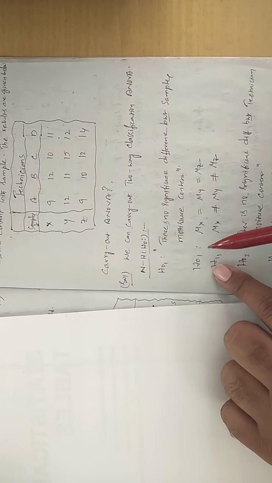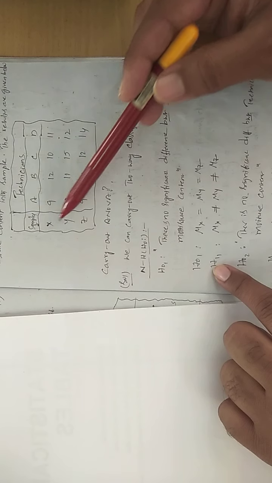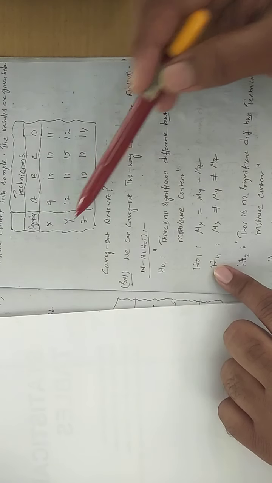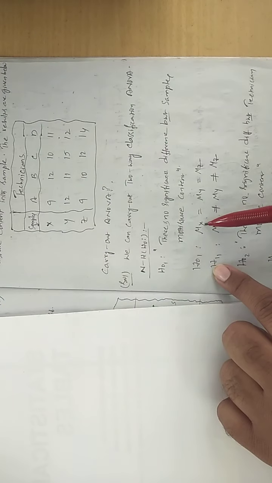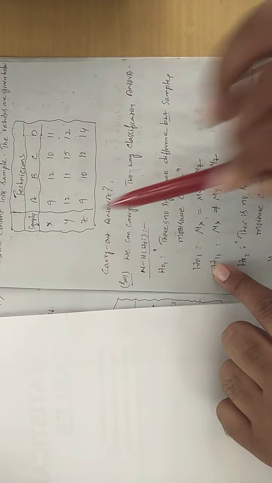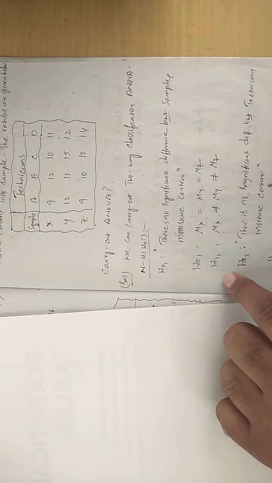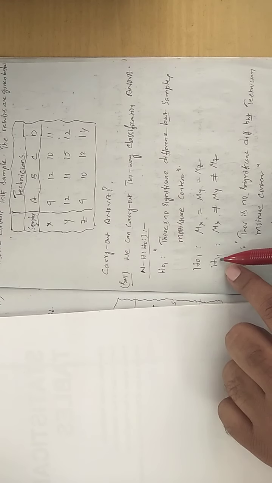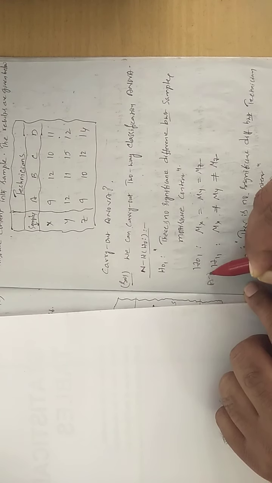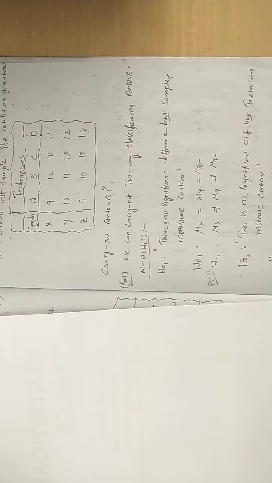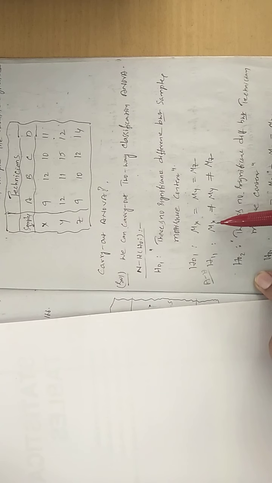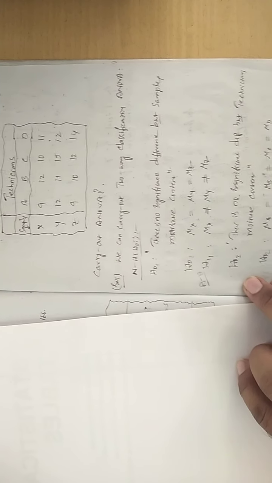So in terms of notations, how do you write? If you want, you can write mu1, mu2, mu3, but instead of that, direct notations are used here. First sample, mu x, is equal to mu y and mu z. Only 3 samples are there. The first null hypothesis is over. So for that one, what is the alternative hypothesis? Which is nothing but H11: mu x is not equal to mu y is not equal to mu z. So how do you write verbally? There is a significant difference between the samples' moisture content.